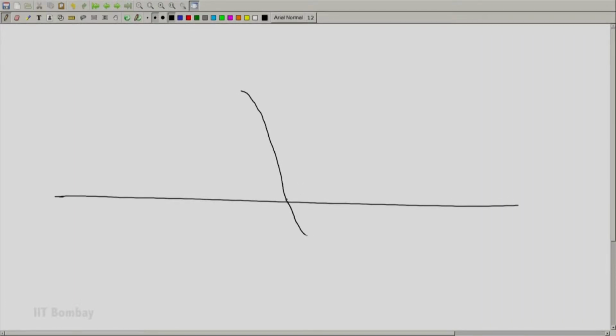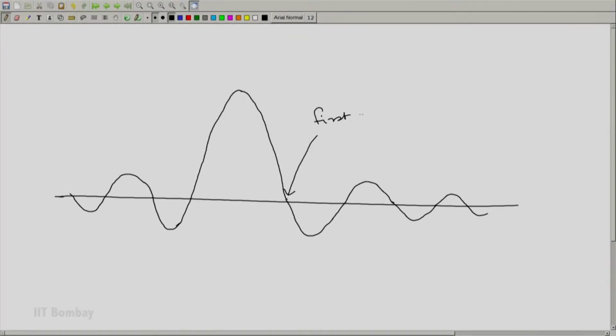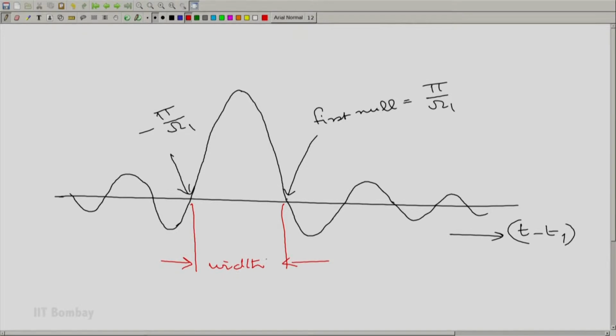So, as a function of t minus t1, the nulls depend on omega 1, of course. The first null is at pi by omega 1. This is now a function of t minus t1, and the first negative null is at minus pi by omega 1. So, this width here is 2 pi by omega 1, and the height here at the point 0 is 2 kappa 0 times omega 1. So, as omega 1 tends to infinity,